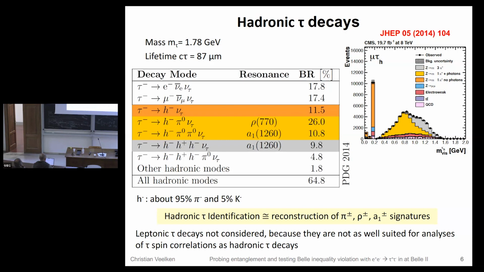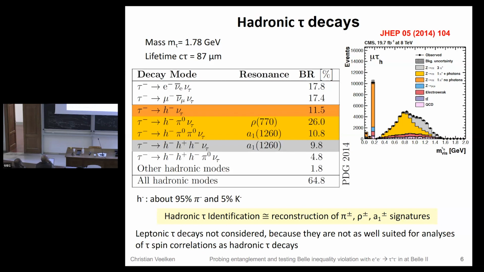And the symbol H here represents a charged hadron. In practice, this is about 95% charged pions and about 5% charged kaons. In this study, we assume that with the ring imaging Cherenkov detectors, we can discriminate between the two perfectly, and we just apply a cut that there are no kaon decays. So we know exactly that all the charged hadrons are pions, and then we know what the correct mass hypothesis is, and we can compute the correct 4-vector.